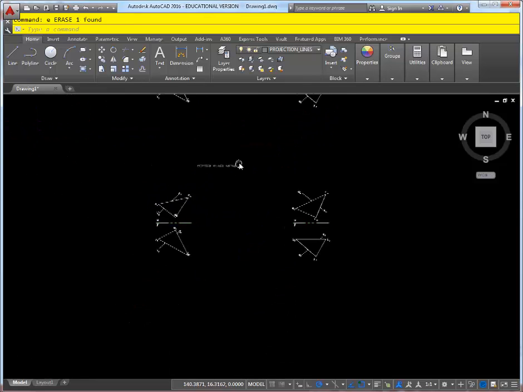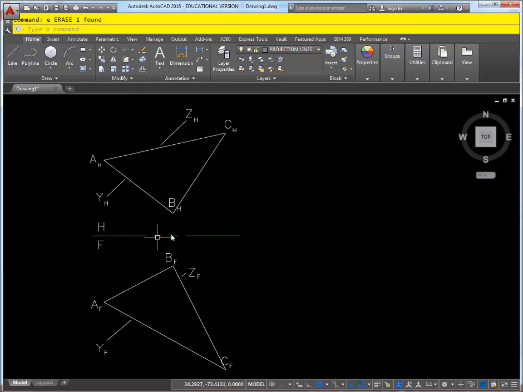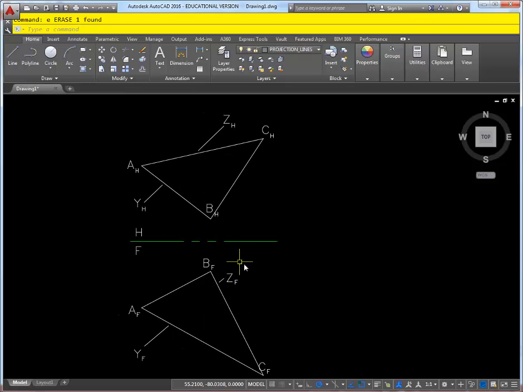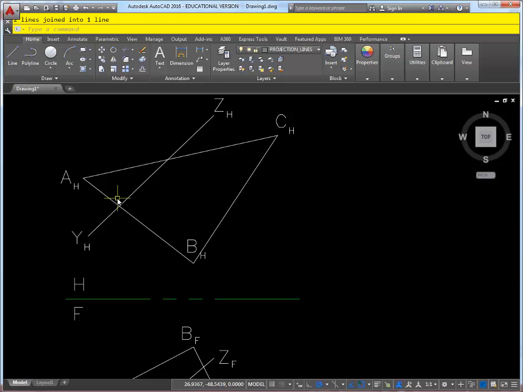So if you take a look at the bottom two, this is the same exact problem, but we're going to use the cutting plane method, the much quicker method, on these two. And the results should look identical. So once more, I'm going to use my join command to join these lines into one. And again, the idea with the cutting plane method is we're pretending that this is not a line, it's actually an edge view of another plane, which means I can project these intersecting